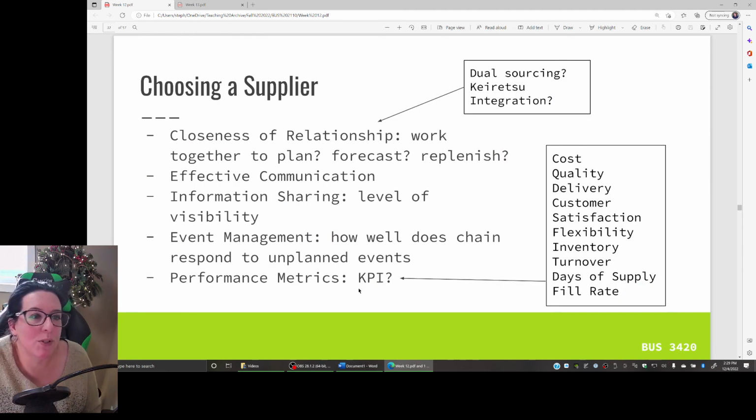So you might choose to have a close relationship with your supplier. Are you going to have a single supplier? Are you going to have multiple ones? Is it going to be a long-term relationship? So Keiretsu. Maybe in order to have a really close relationship with your suppliers and truly share all information, you